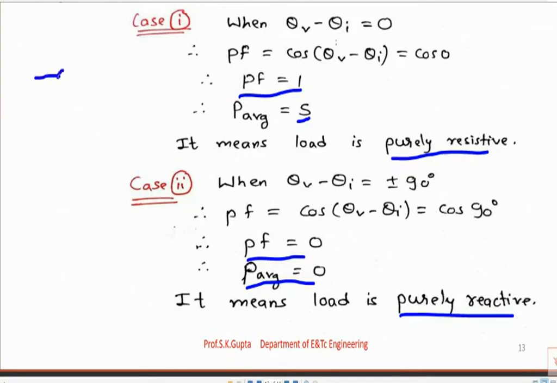Suppose if resistance is there, according to case number 1, suppose one resistance is there and current I of t is flowing through this resistance. Voltage across resistance is, let us say, V of t. Then this current and voltage will have the same angle. Even though their amplitudes will be different, voltage may have some different amplitude, like let us say 10 angle 30 degree. Then current may have some different amplitude, let us say 2 angle 30 degree. The angle will be same. Voltage and current angle will be same. In case of resistance, whenever the current is flowing through the resistance, the current and voltage have the same phase angle.